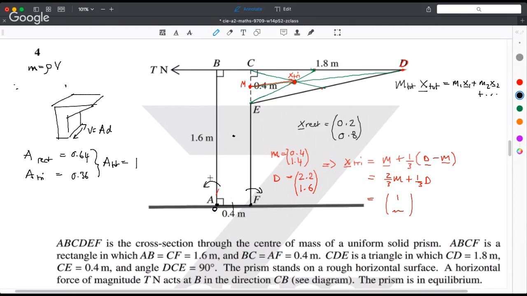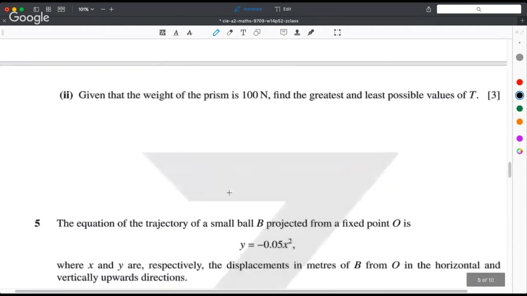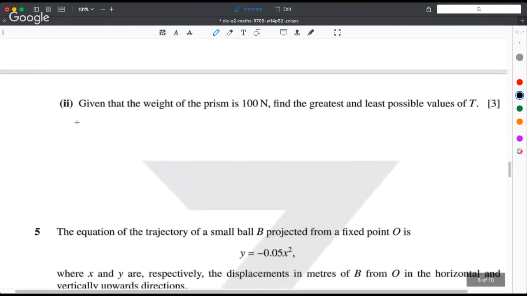So A gives you T max. If it's very, very strong, that's the one that we care about. And this is going to give you T min. And so the T max and T min will tell you the maximum possible and the minimum possible that you could have T be without it doing one of these things. So moments, for T max, moments about A,